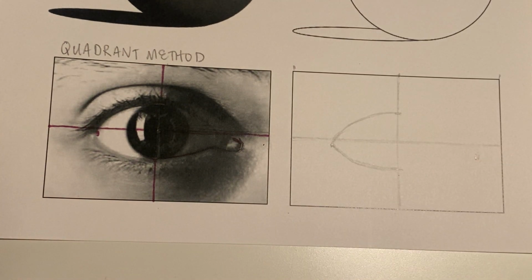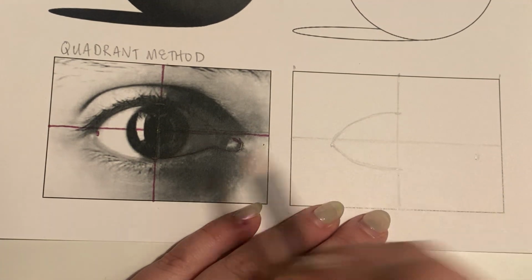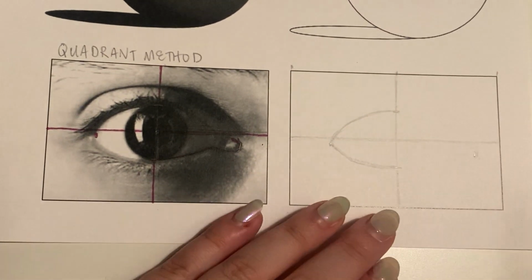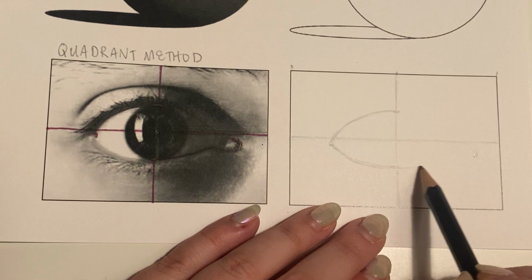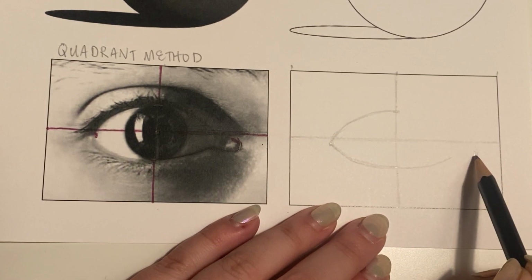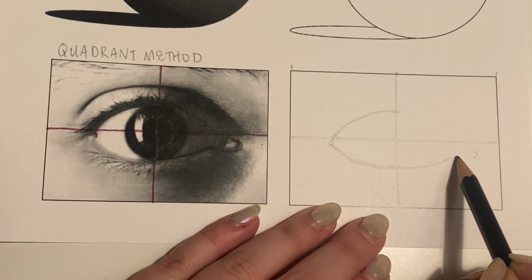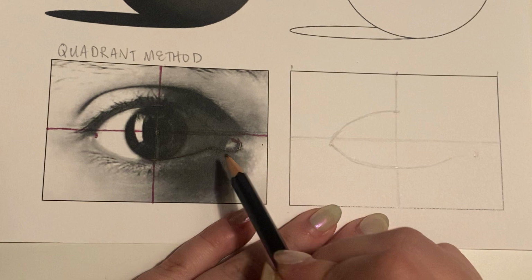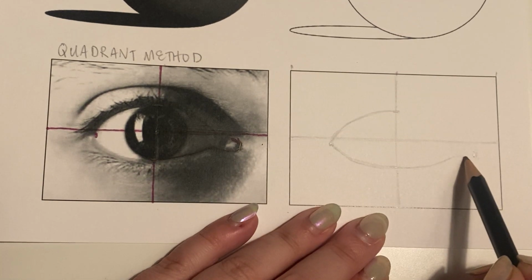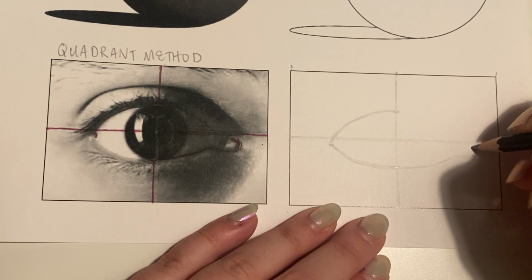I'm going to outline it with a Sharpie so you can see it a little bit better. But we're going to try to copy or duplicate that same kind of line. So we're going to bring it up like this. We're going to stop short of that mark that we just made, but we're bringing it up. Then we're going to kind of straighten it out just like it is there. It kind of dips down a little bit. And then when we hit that mark, we're going to start to curve it around and bring it back up